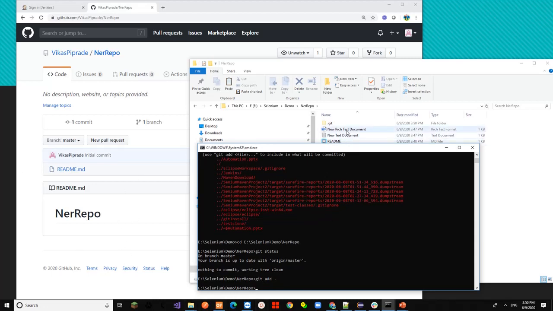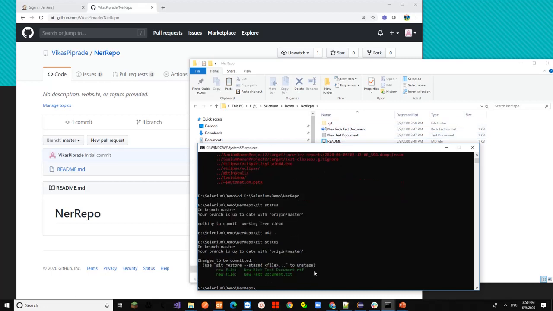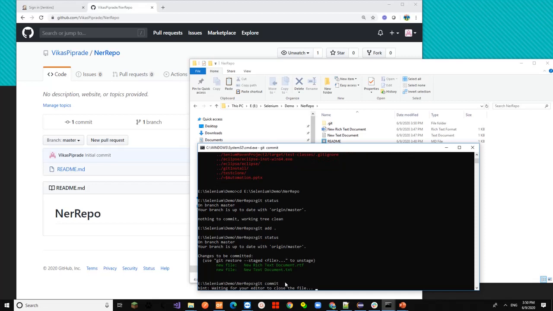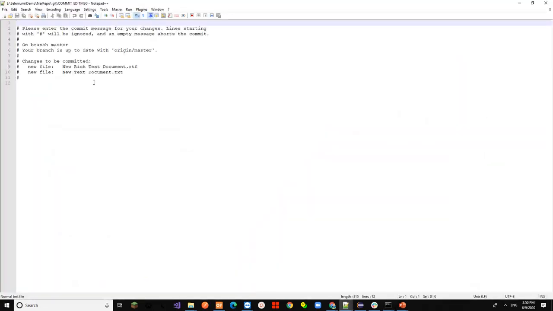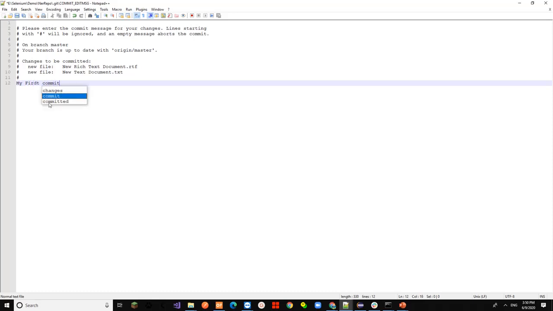If I again provide the git status command, it will show there are two new files, and once the git add command is fired, we will commit these files. Once these are committed, you need to provide a comment for this particular commit, my first commit.